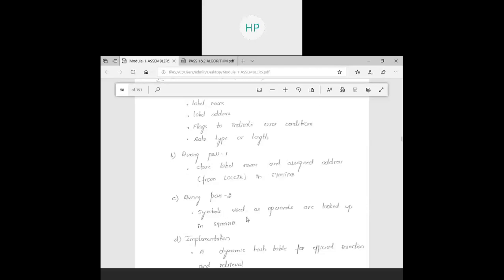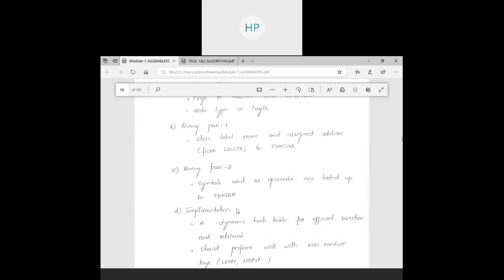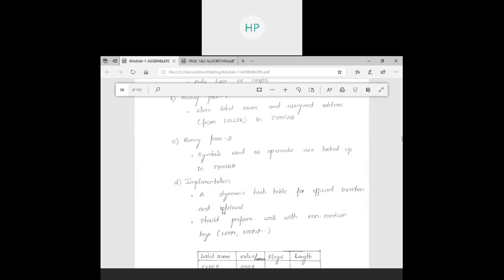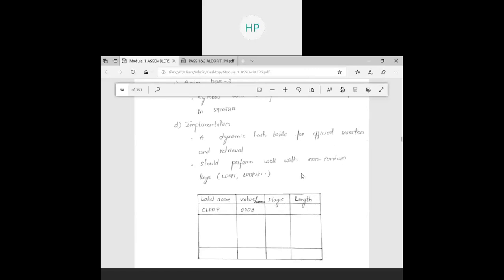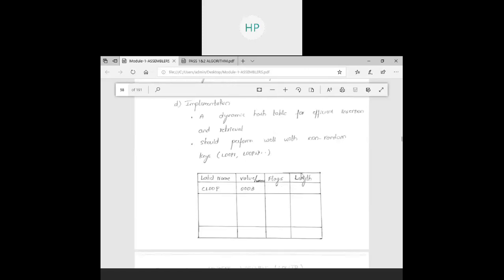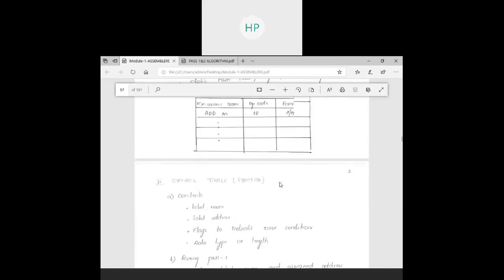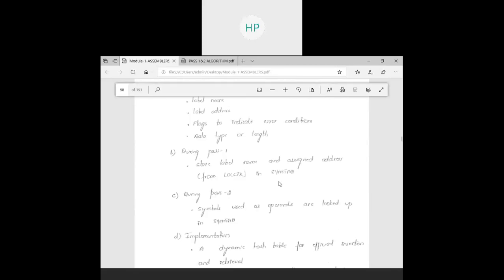Same way here, symbols used as operands are looked up in the symbol table. How exactly is it implemented? It is done using a dynamic hash table, and it should perform well with non-random keys. So this is the data structure used by the assemblers.